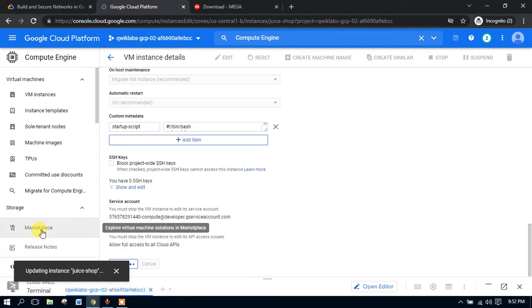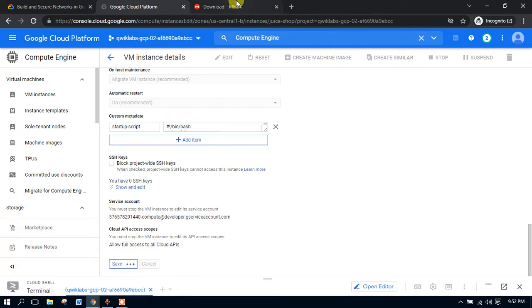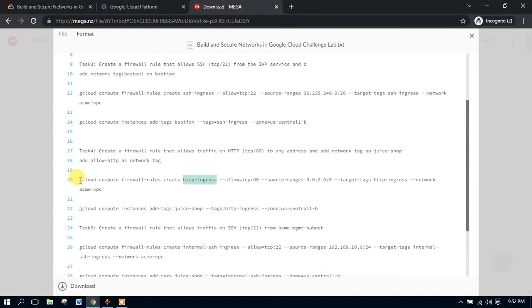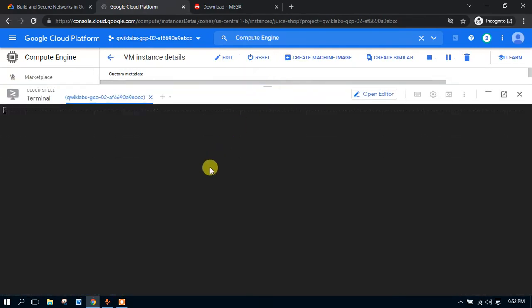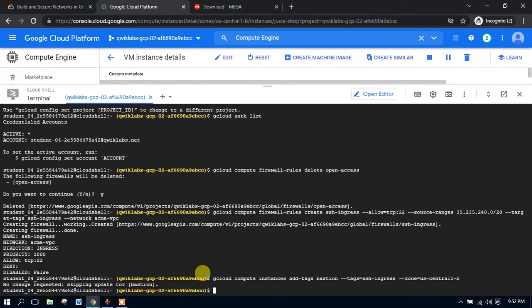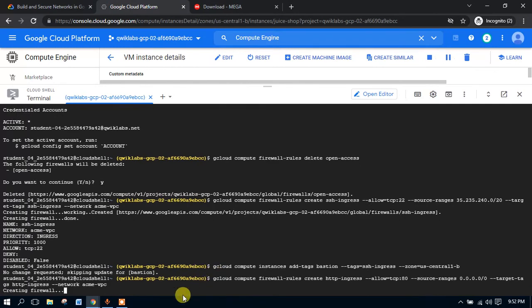Let's see if, according to my guess, I'm right, then our firewall rule will definitely work. Okay, so it is saved now. Let's run the code. Yeah, it's working.